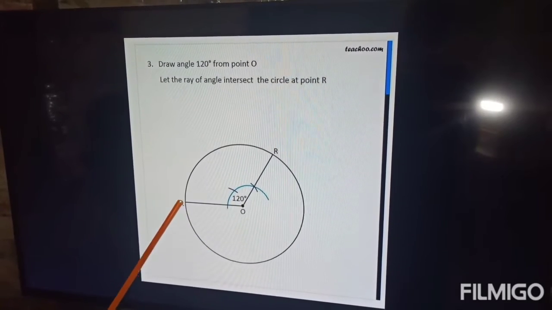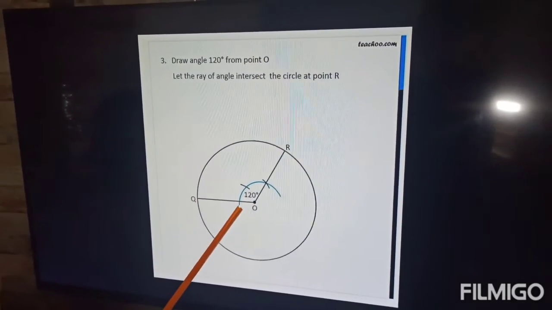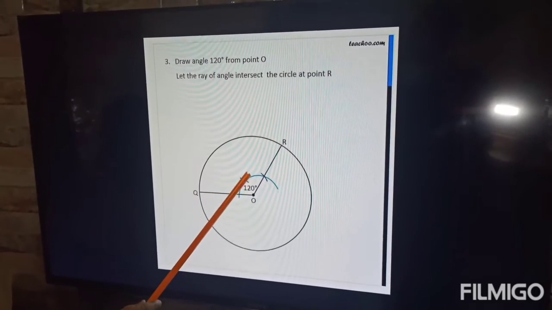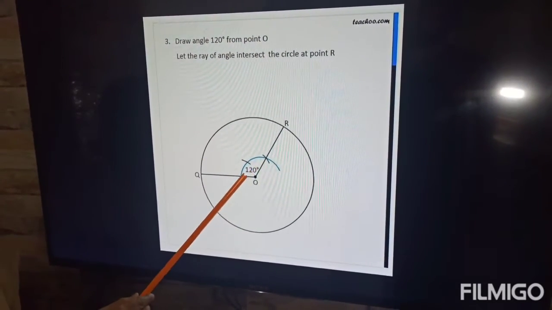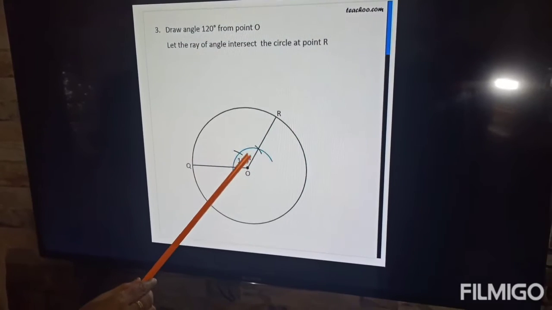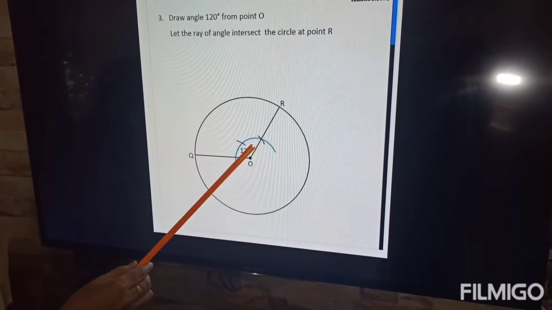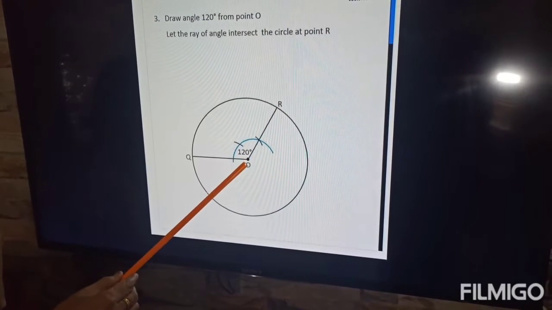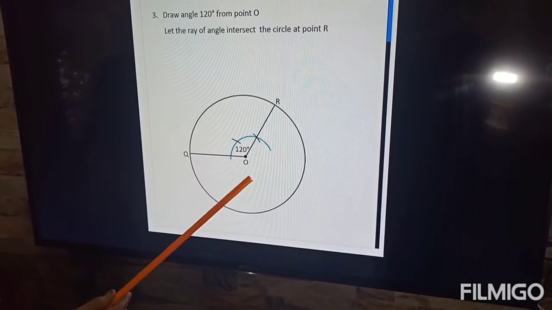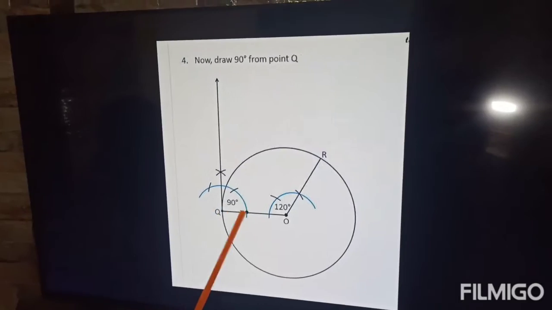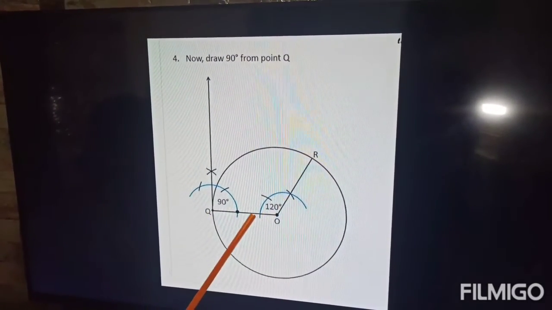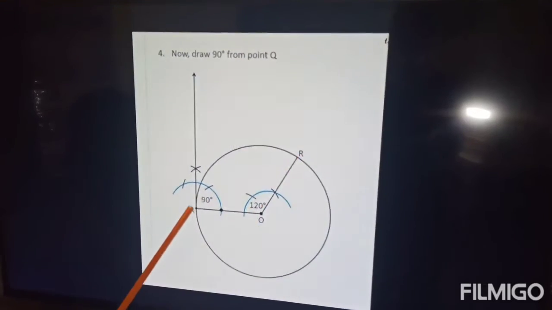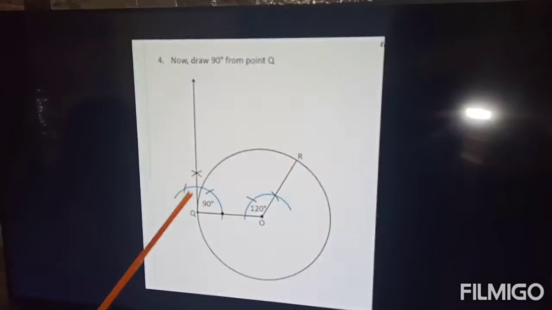First we have already drawn the OQ radius, no? Then keep the protractor on this point, take a protractor and measure 120 degree. Then you will get 120 degree and join that line, you will get one more radius. Okay. Now next step. On these two radii, at points Q and R, on this point I have to draw